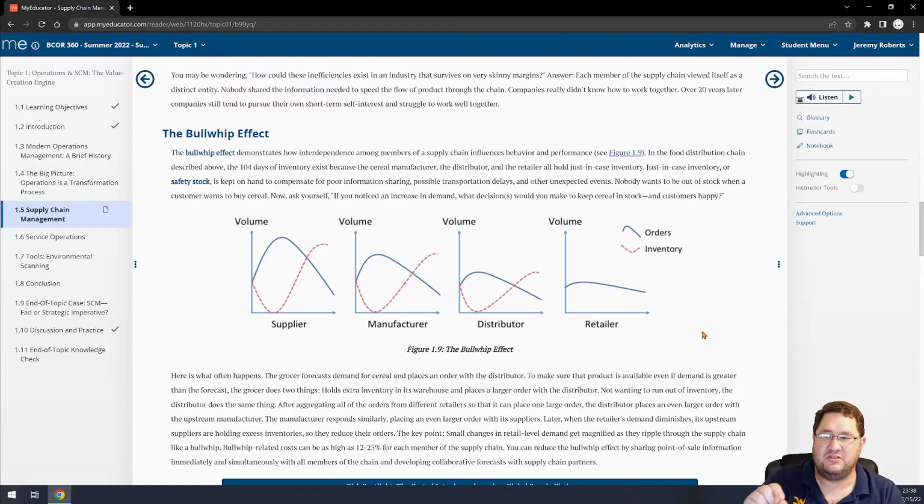So that distribution center is going to place a larger order with the manufacturer. And then the manufacturer is going to place an even larger order with the supplier. Let's say the plastic bottles, the cans, all this stuff that's needed to make the Coca-Cola product. The syrup for the actual drink itself, that kind of thing. All these large orders that are progressively getting larger and larger and larger are because the